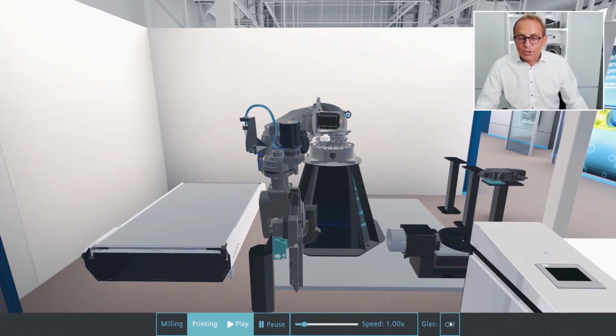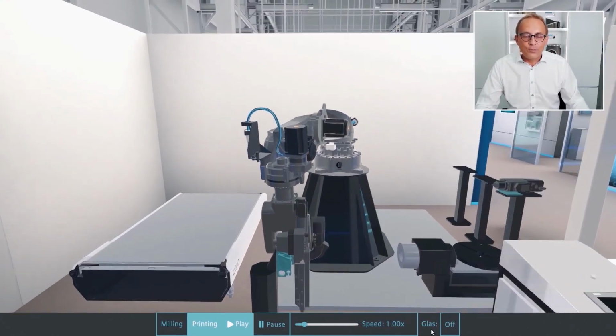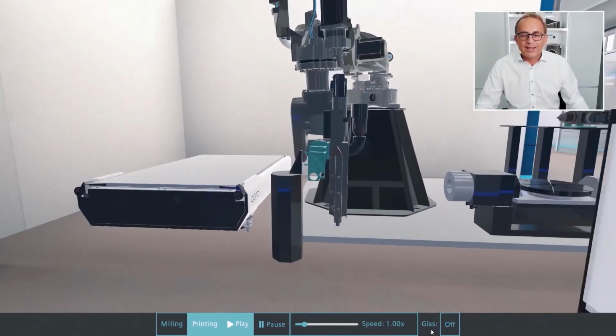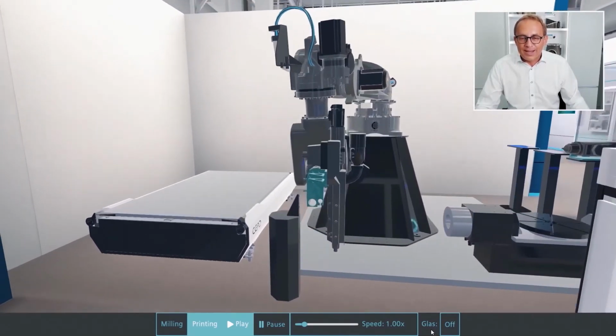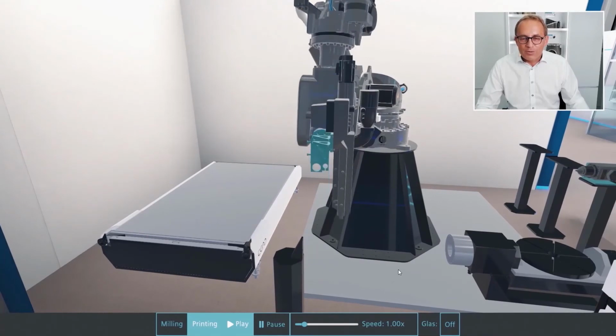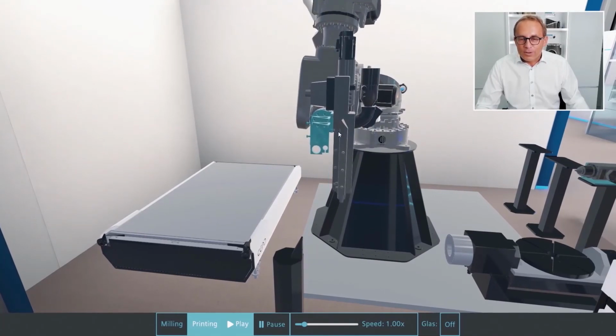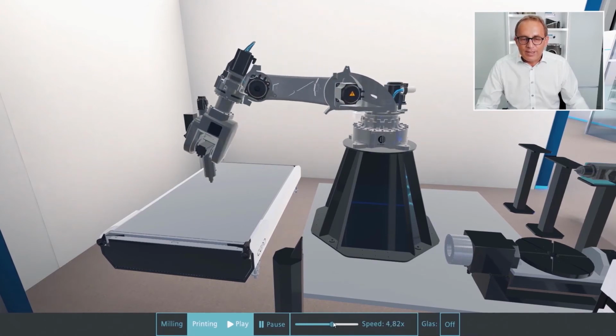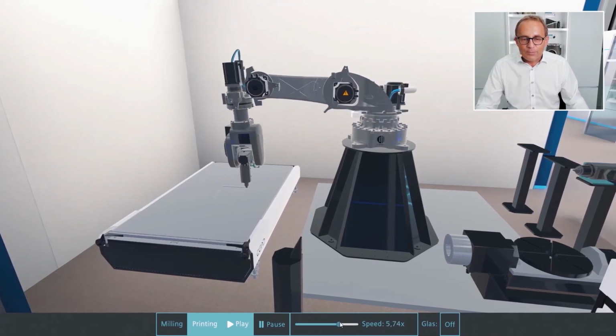I can switch off the glass. This does not mean that we go into the area of the robot. We still have a wall here that I can't go through, but we can check in detail what Markus showed us before, if the robot really is doing the details. If I speed up a little bit here as well, you see he starts the same thing, he prints the part,